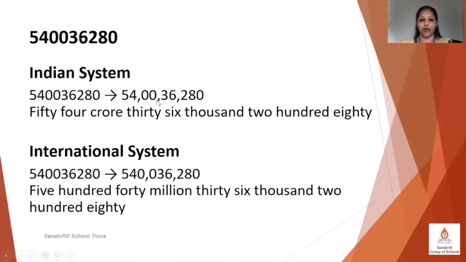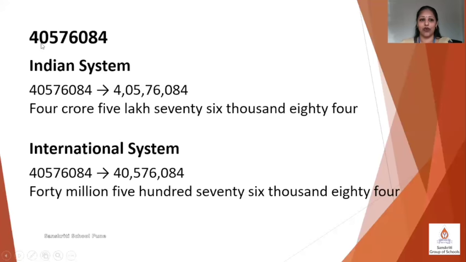280. The same number is written in the international number system in this way. All the periods have 3 digits. It is written as 540,036,280, and it is read as 540,036,280. We have one more example over here,